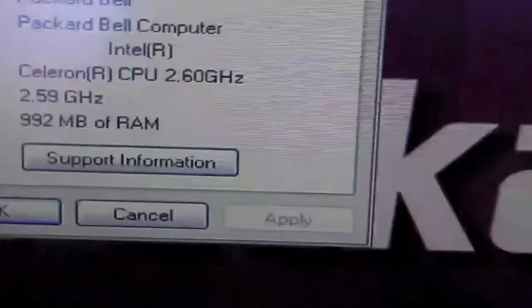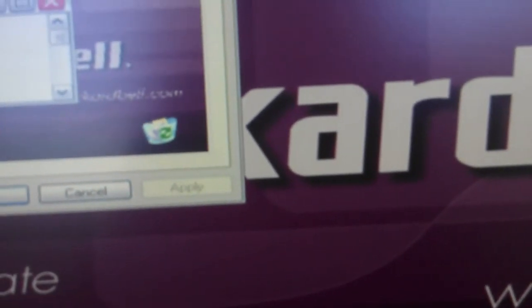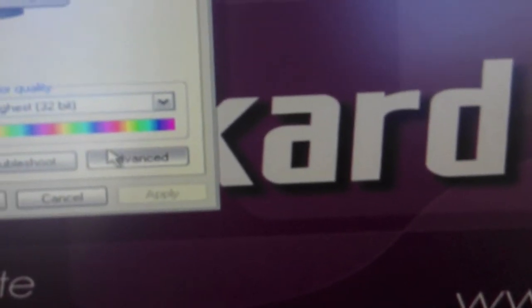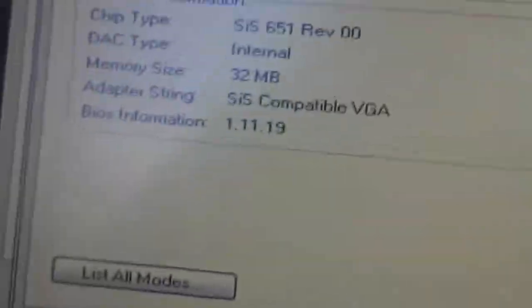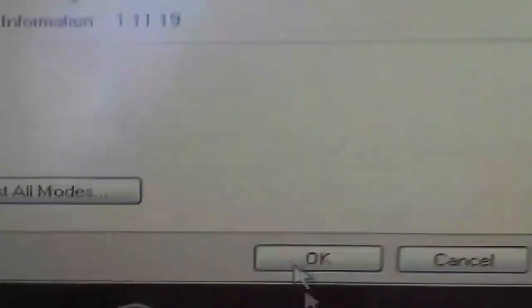992 megs of RAM. And the reason for that is, I believe, it takes 32 megs for the video graphics.